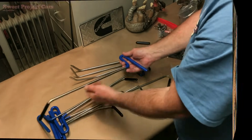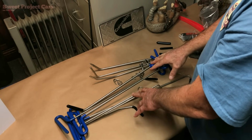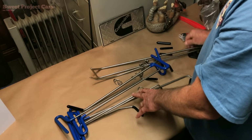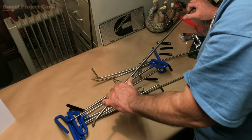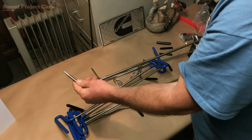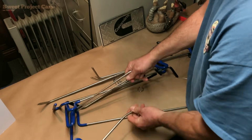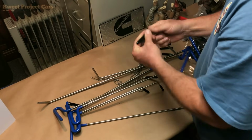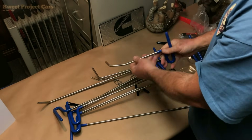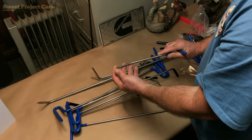Nice coated handles. Because I have a little bias with this, because I love this kit, it's affordable and it does the job, and the rods are extremely heavy duty. As I said, you cannot bend that. It's got just enough give to get the job done, and you have just the right sizes, short and longer ones, with all different tips on them. So you can get in and do smaller areas, closer, like if you're going to push dents out in your hood,